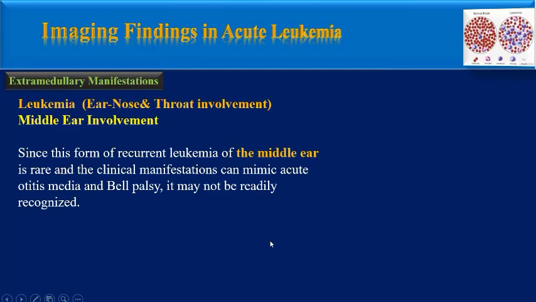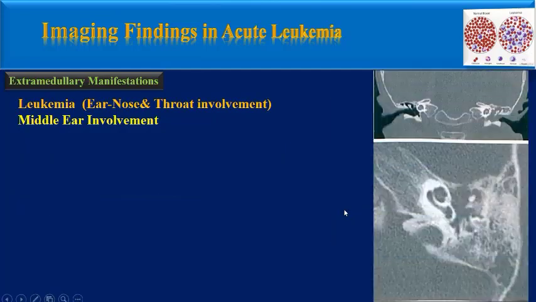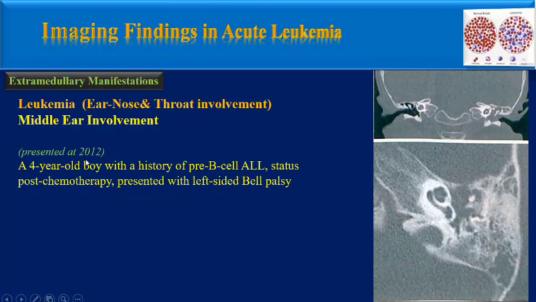Since this form of recurrent leukemia of the middle ear is rare and the clinical manifestation can mimic acute otitis media and Bell's palsy, it may not be readily recognized. Case presentation, presented in 2012: a 4-year-old boy with a history of pre-B-cell acute lymphocytic leukemia, status post chemotherapy, presented with